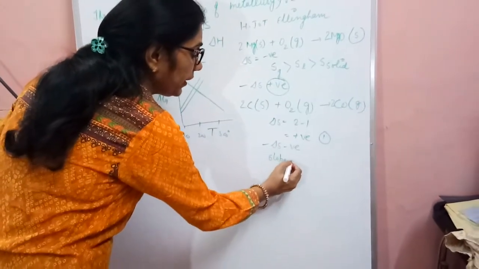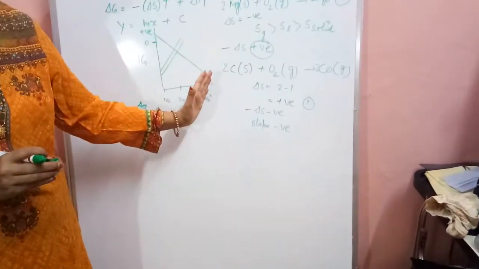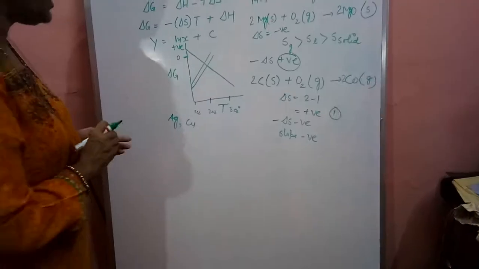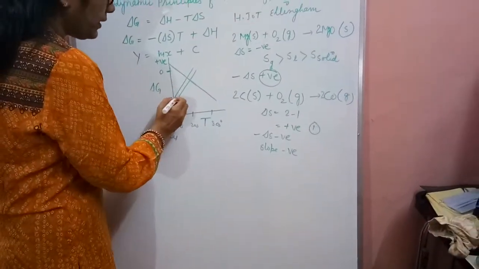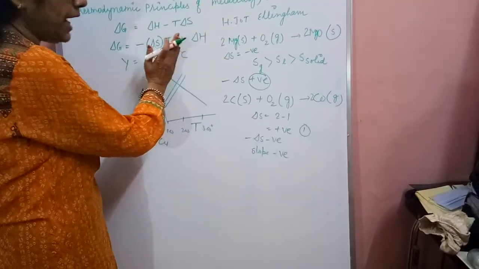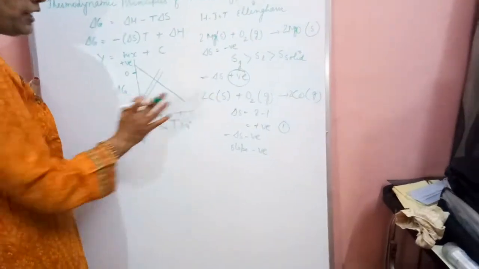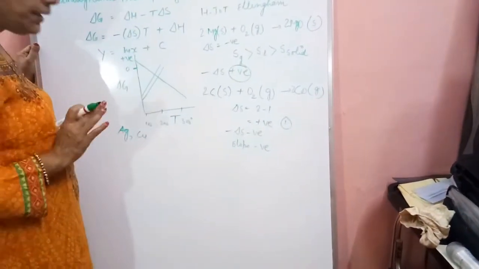And when the slope is negative, then what is going to happen? The nature of graph will be like this. Apart from that, you will check it out that if there is a straight line pointing upward direction, that means the slope is positive. When it comes out to be downward direction, that means the slope is negative.